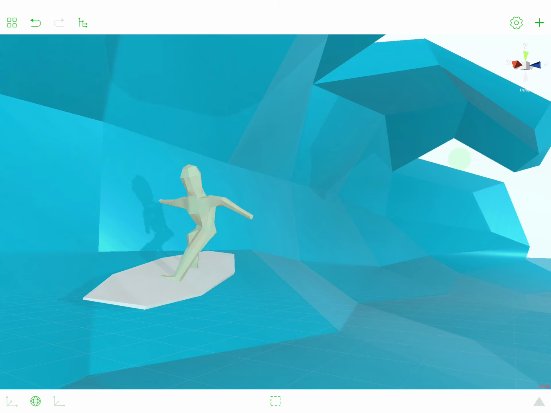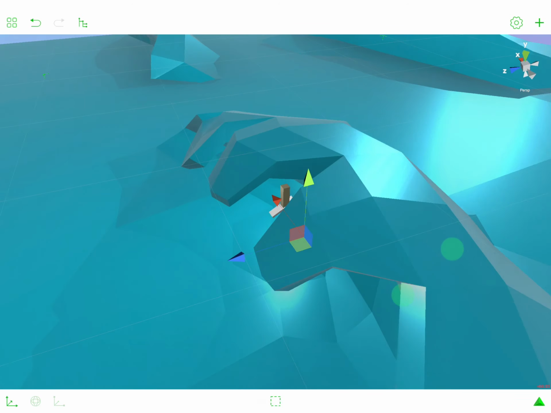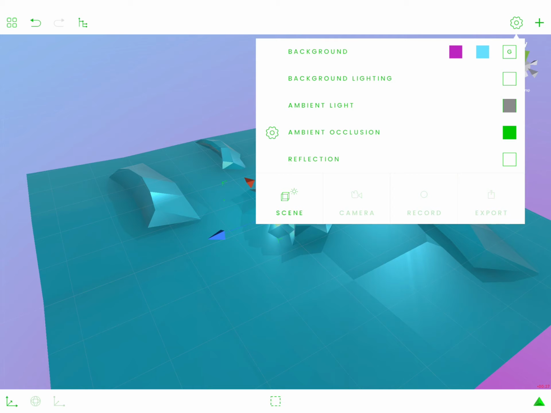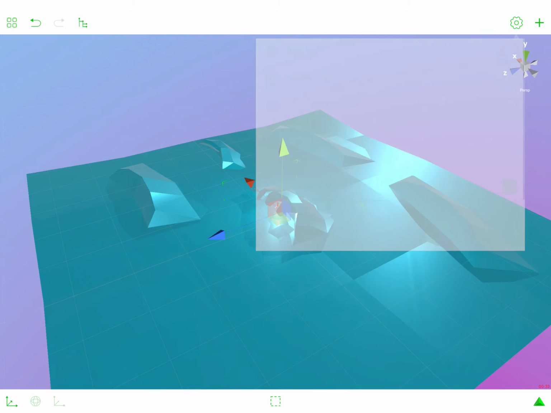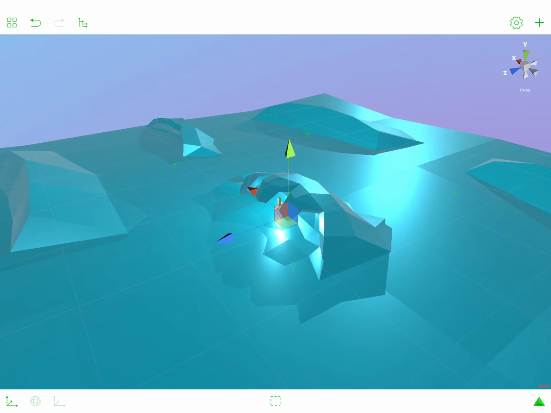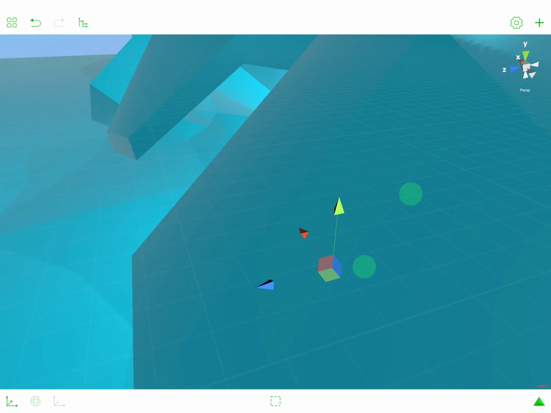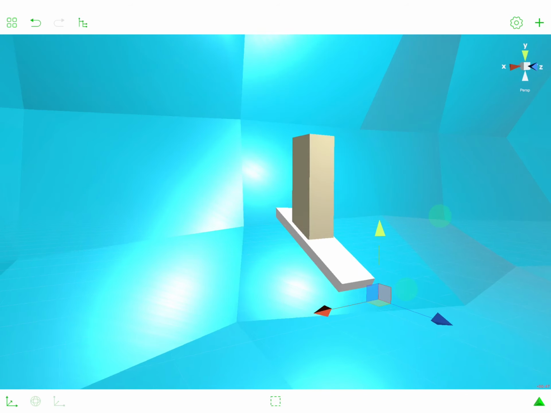Hey, so in this part of the series, we are going to continue building this scene with the surfer and the wave. So I think we can start from creating the actual surfboard first. But before we do that, I think it's a good idea to hide a few of the waves because they might be slowing down the process, and the more objects we have on the scene, the slower the whole thing is working. But actually, just disabling the ambient occlusion on my device, and I have the iPad Pro